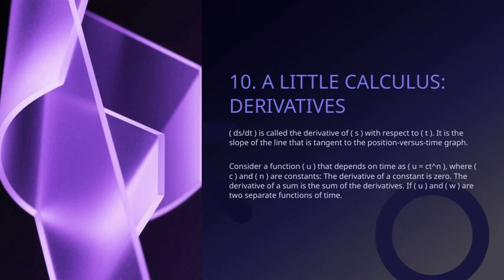If we have two functions, u and w, both depending on time, we can analyze their derivatives separately. The notation ds/dt represents the derivative of s with respect to t. This derivative essentially tells us the slope of the tangent line to the position versus time graph at any given moment. Understanding this slope is fundamental because it helps us grasp how quickly or slowly an object is changing its